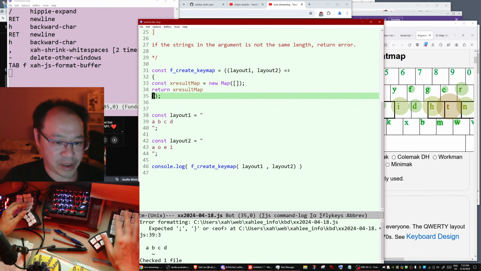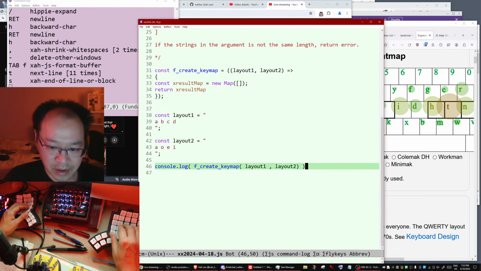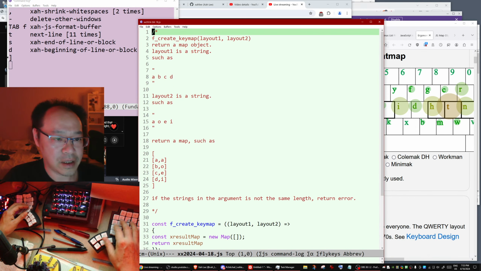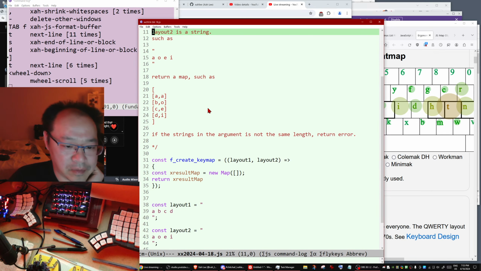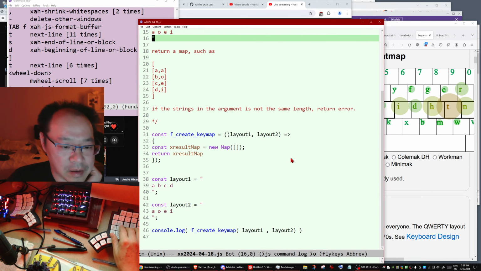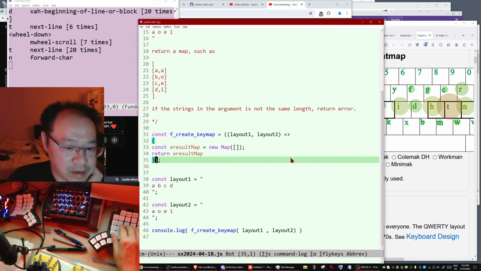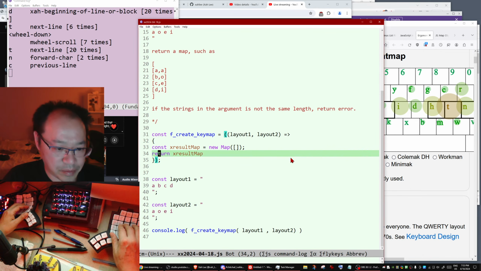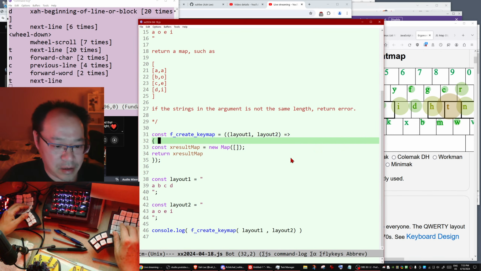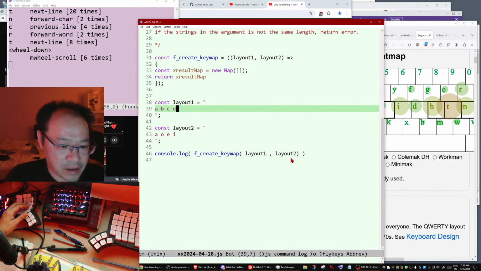Let us prettify the code. Okay, we got some errors. What is the error? So here is our function. That should be correct. And here is a variable, a constant. That